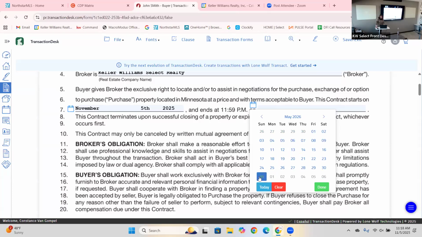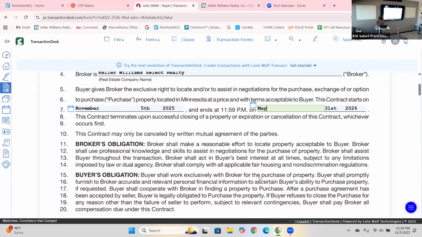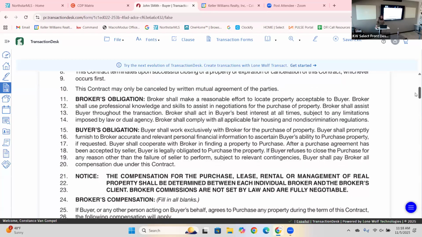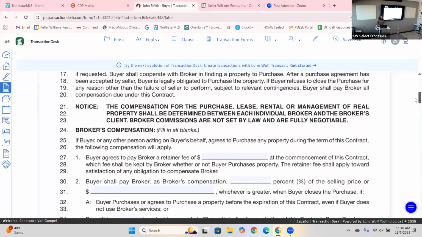And you can go out as far as you want. You can go the end of the month, you can go from the 5th to May 5th. It's up to you. You just have to make sure that this contract is still active at closing. If it's not active at closing, you cannot get paid unless you amend it. All right. Then we go down here to lines